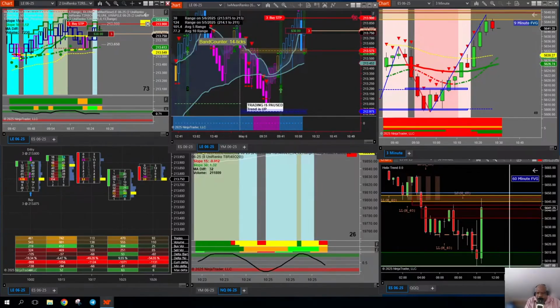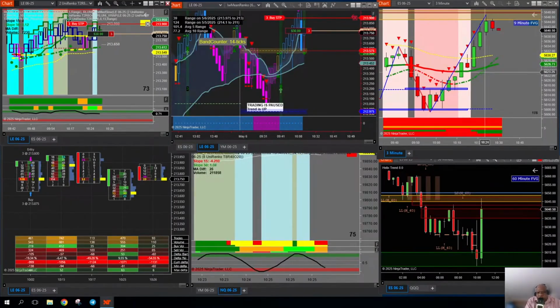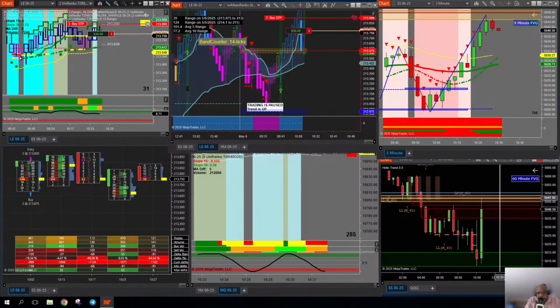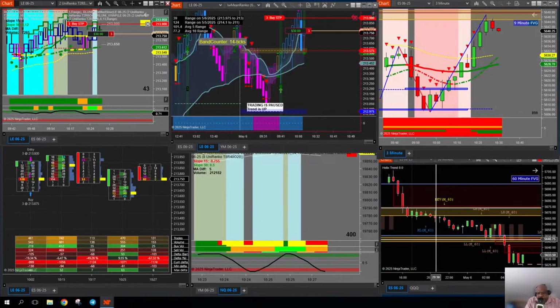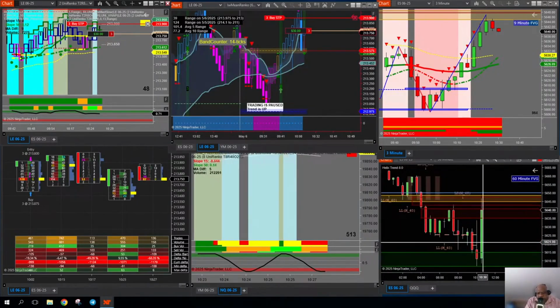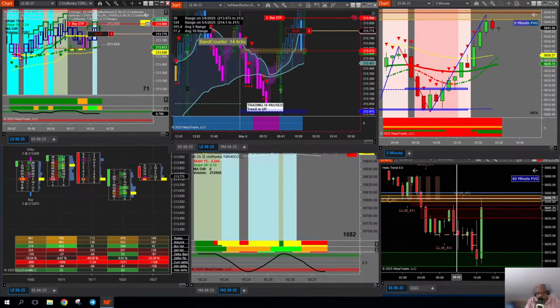something temporary. And also we're approaching 10:30, meaning the initial balance will be formed here within these two candles. That's a pretty big range, and we're at the top of the initial balance here. So we definitely could see a fade to the downside, especially after everything was going down pre-market, even when the market opened, we had a negative bar. We went higher, fed some buyers here, but I think it's due for a pullback anyway